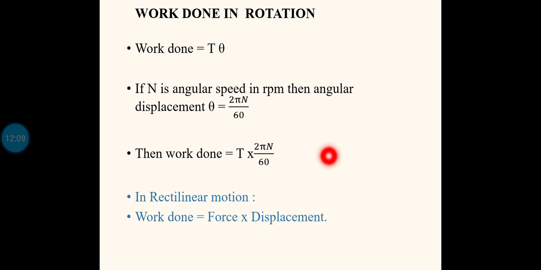That is it. Actually, it is work done per second, or simply it is called power. So, the equation to calculate the power is equal to 2 pi nT by 60. That is a well-known equation. You will be studying all these things in the later semesters. So, anyway, keep it in mind. This is a very important equation.